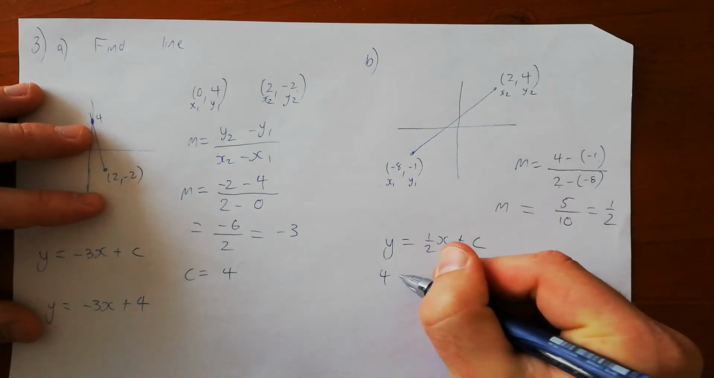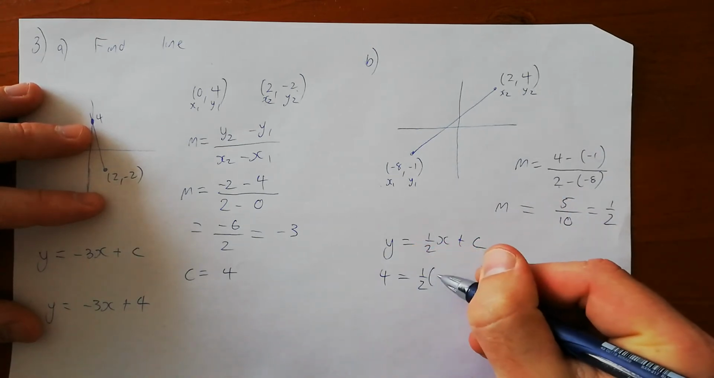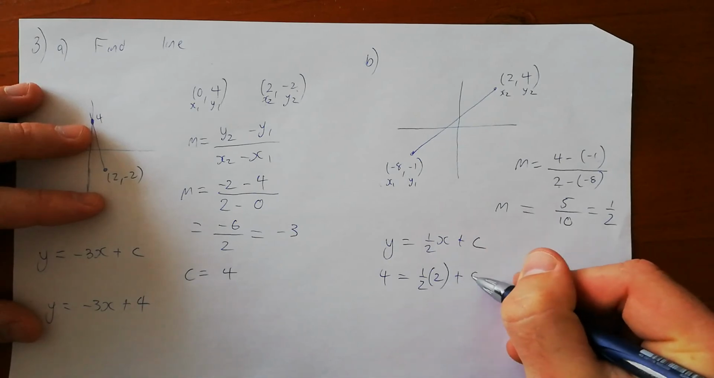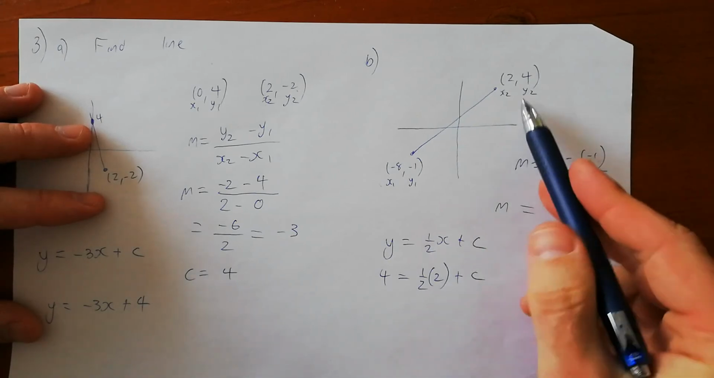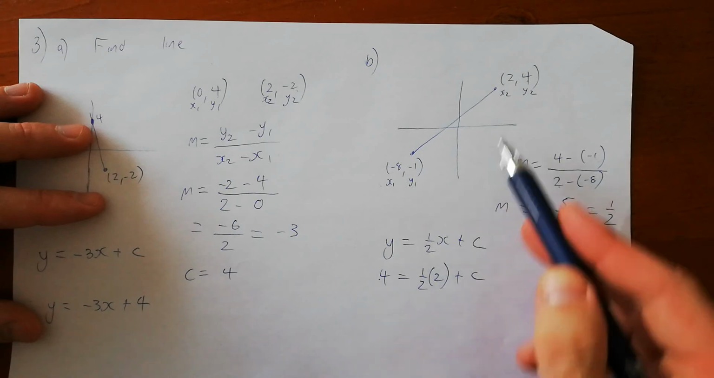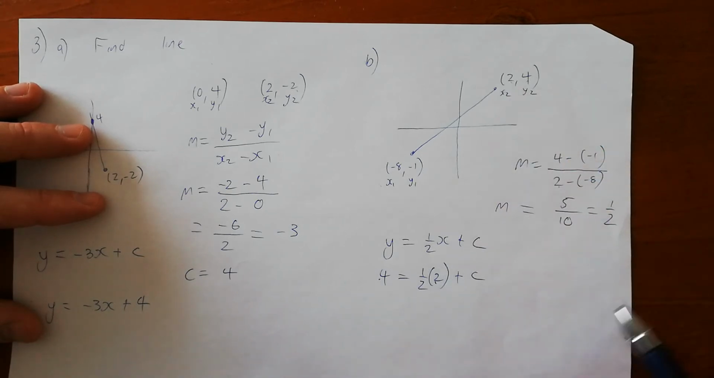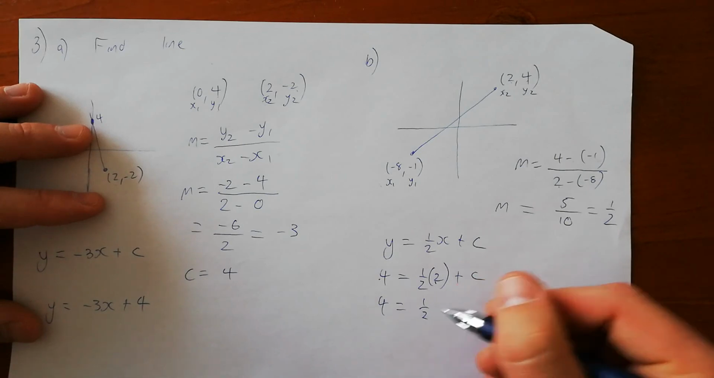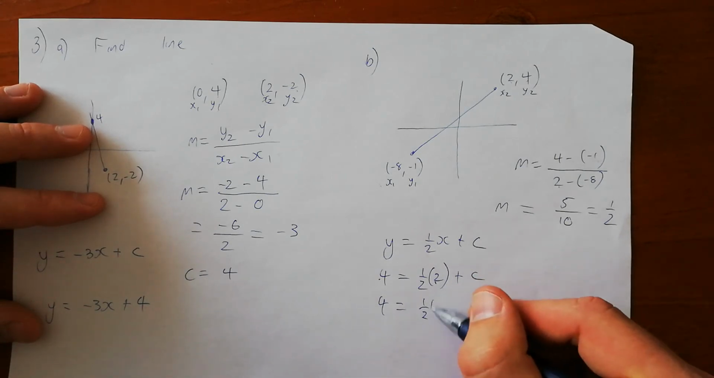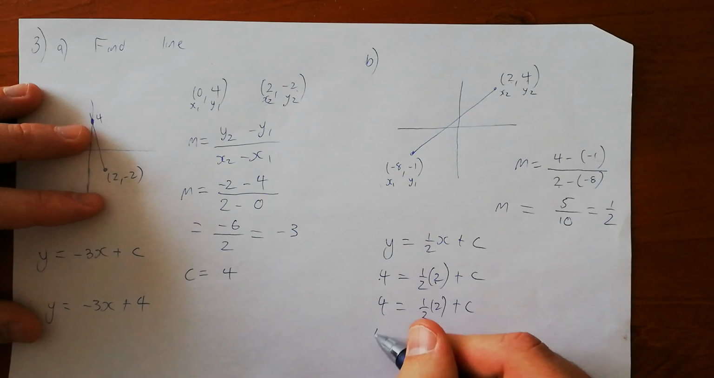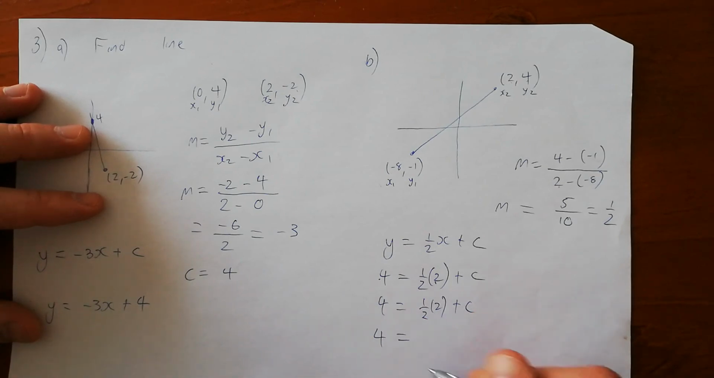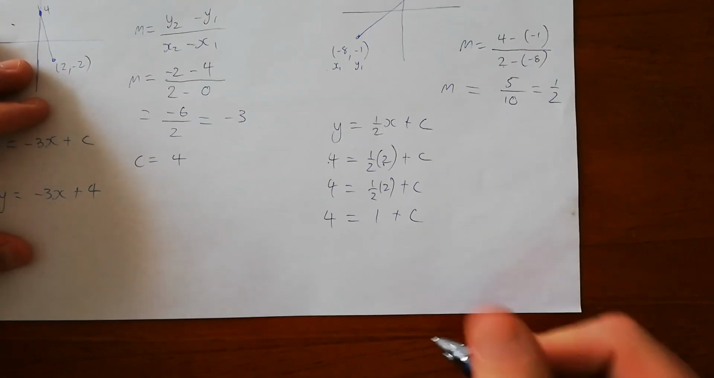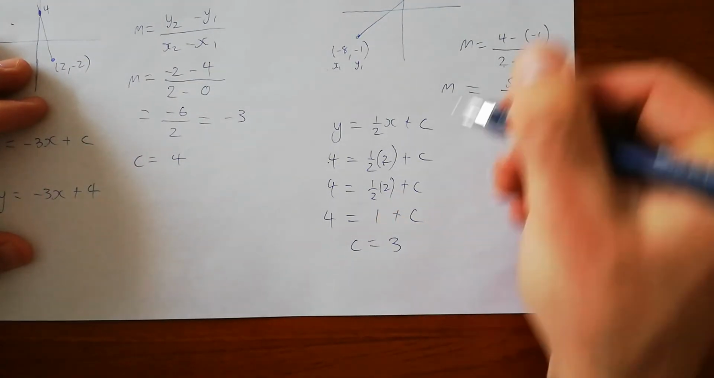Here is 4, half times 2 plus c. All right, so I've inputted y is 4, I've inputted x is 2, and now let's evaluate it. 4 is half times 2 plus c. I've just restated the same thing here. Half times 2 is 1 plus c. And if we evaluate that, we'll get c is 3. And so therefore the equation of